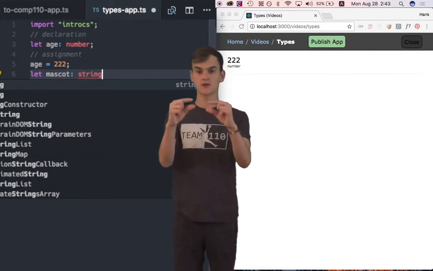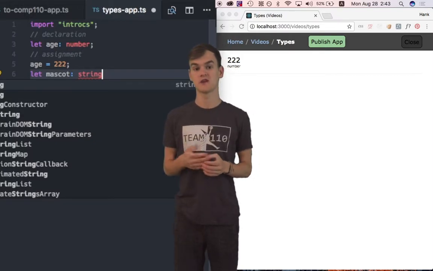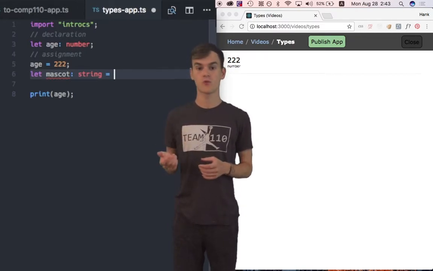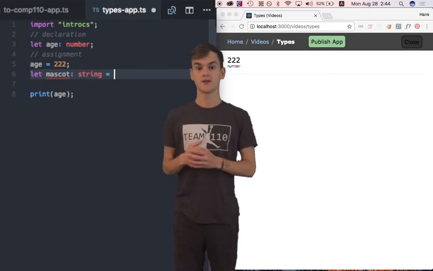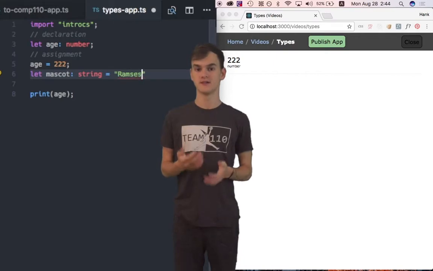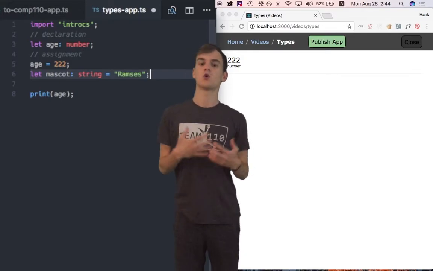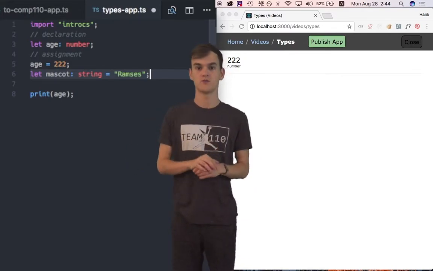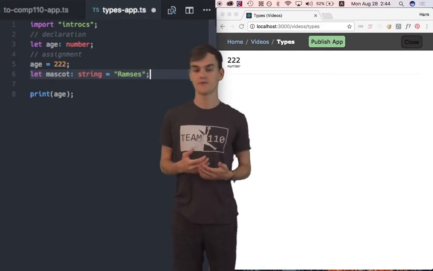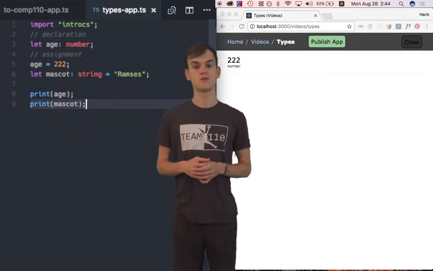And before we did declaration and assignment in two separate lines, but we can actually just do them in one line. So if after here we just put an equal sign, which is the assignment operator, and then whatever we want that variable to hold. So strings we put in double quotes, and we can type Ramses inside those double quotes and put a semicolon. So now we have this line of code means let's declare a variable that's going to hold a string, and let's assign to that variable the value of Ramses. Alright, so now we can try and print this variable. All we have to say is print mascot,